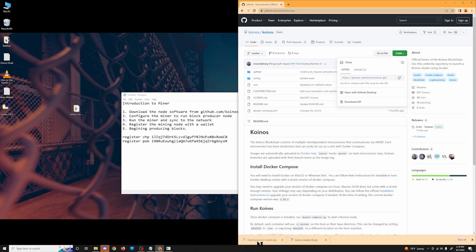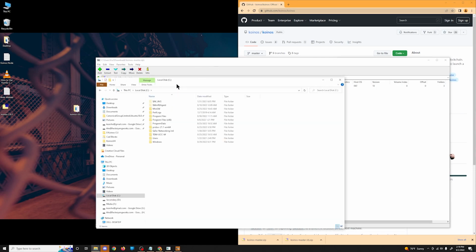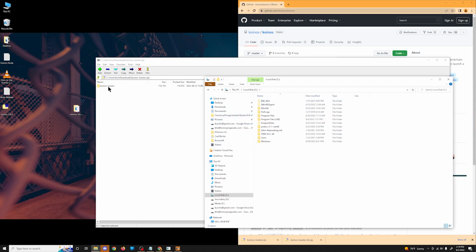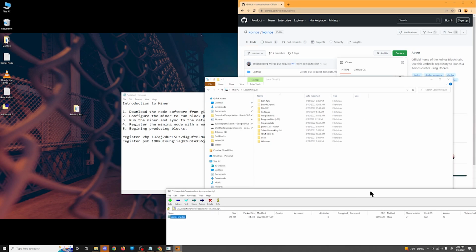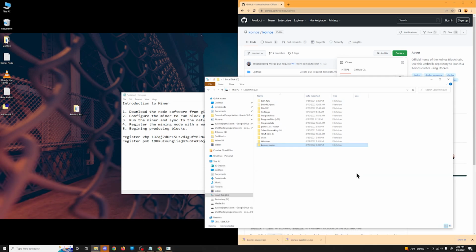And here we have Koinos master, downloaded it. Now we want to drag this into a directory that's easiest for us to manipulate. So I'm going to choose to put this directly into my C drive. So I'm going to go here in C drive and notice how there's no Koinos folders in here. I'm going to drag this or extract it, however you like, right into my C drive, close this file up,